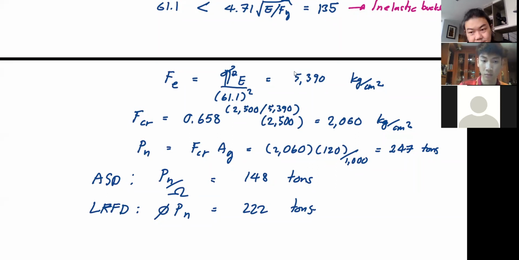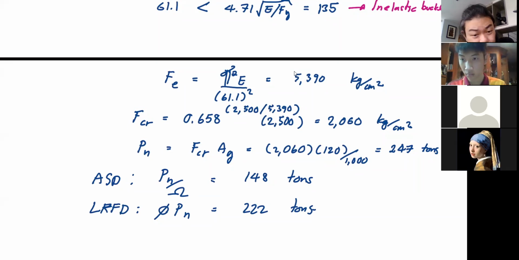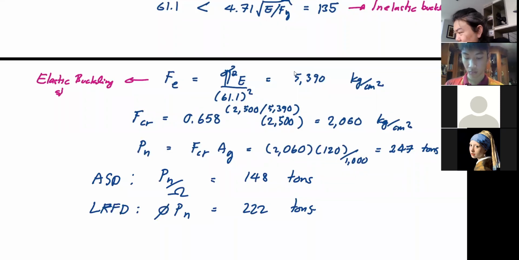Any question, please? Yes, Adam, can you explain again what's the meaning of FE, the number 5,390? Okay, FE here is elastic buckling stress. This itself is a sort of a theoretical value that we obtain from mathematical approach, right? If you can recall that differential equation. So this elastic buckling stress